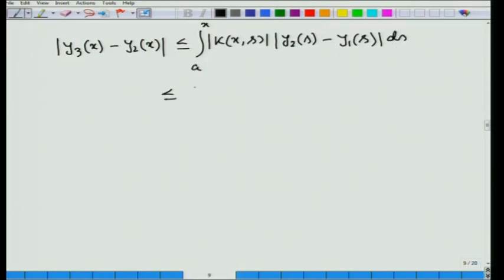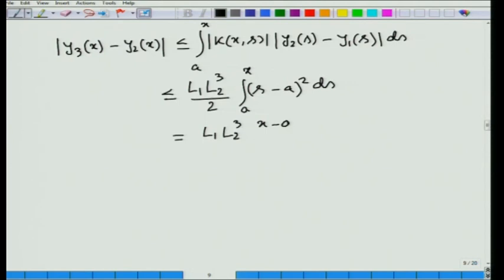So, this is less than or equal to L 1 times L 2 cube, because 1 L 2 comes from here, L 2 square coming from here. So, we will be having L 2 cube divided by 2, then integral a to x s minus a whole square ds, and this is equal to L 1 L 2 cube x minus a whole cube divided by factorial 3. So, proceeding in this way,